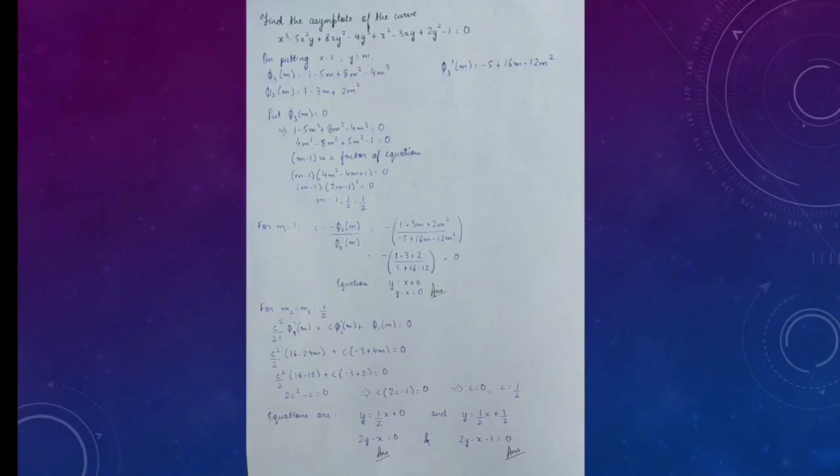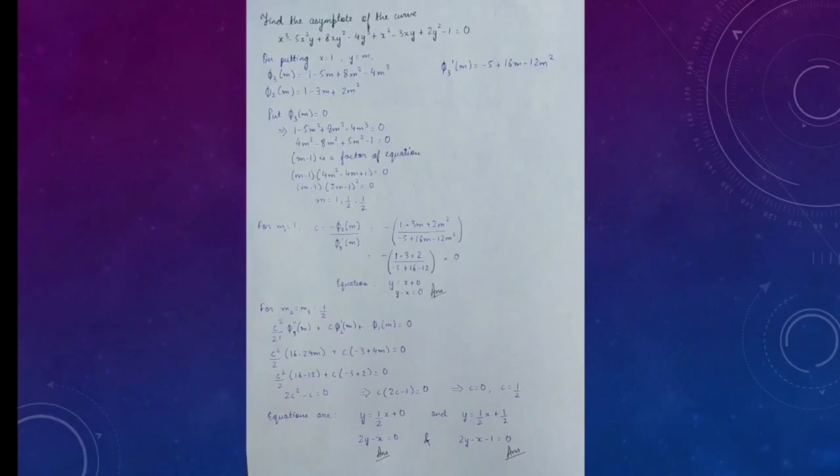So 1 minus 5m plus 8m square minus 4m cube is equal to 0. Taking minus sign common, we get 4m cube minus 8m square plus 5m minus 1 is equal to 0. m minus 1 is a factor of the equation, as for m is equal to 1, the value will come out to be 0. So m minus 1